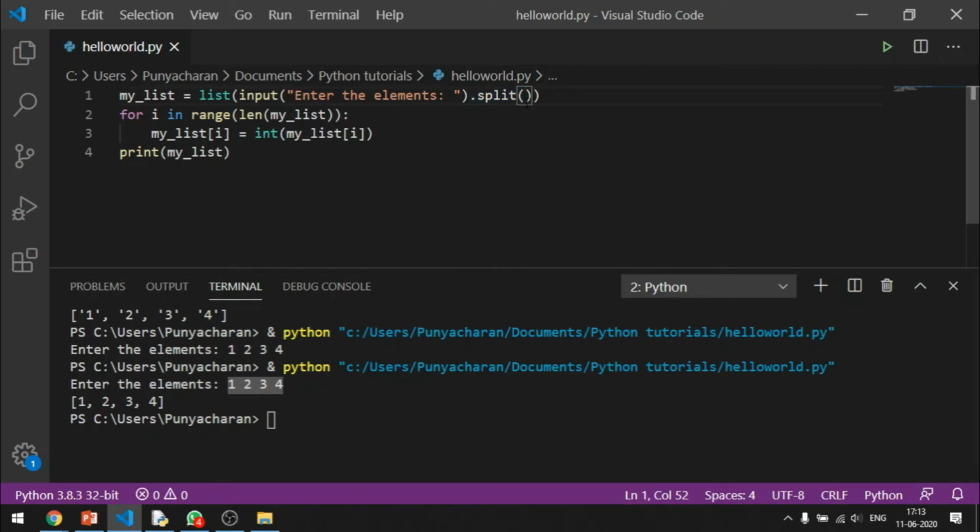Okay, we can also add a delimiter. Let's not go there yet. What is it going to do? By default, it is going to split the elements wherever there is a space. So there will be four separate elements: one, two, three, and four. So these elements are going to be stored as a list into my_list using the list method. Okay, list is a method which reads the string inside as a parameter, and then it is going to store that particular string as a list in my_list.